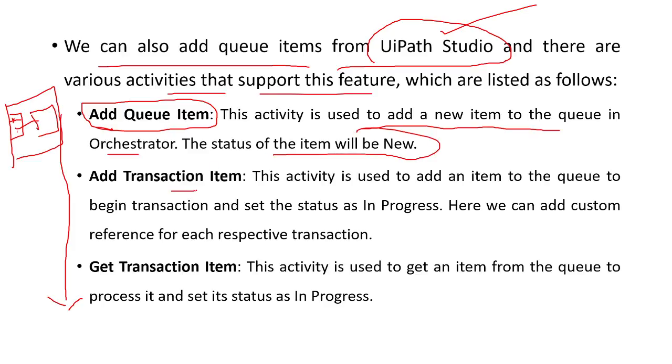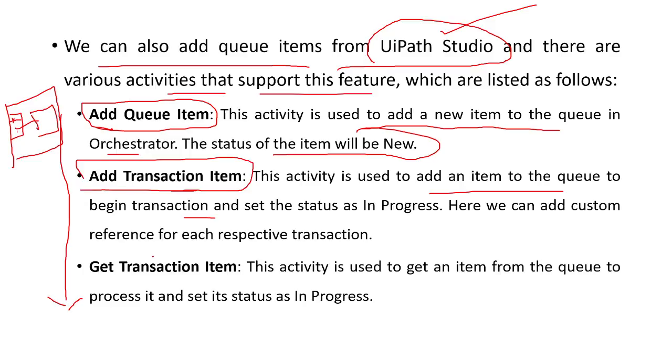Add transaction item: this activity is used to add an item to the queue to begin a transaction and set the status as in progress. Here we can add a custom reference for each respective transaction. Basically, if you want to add any transaction item to the queue, then you can make use of